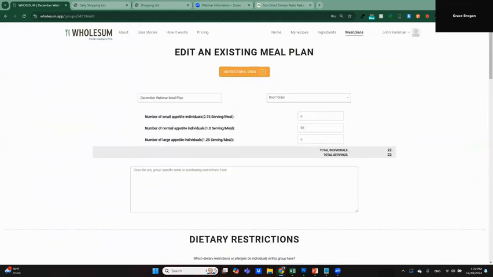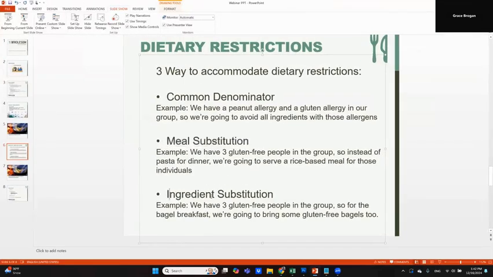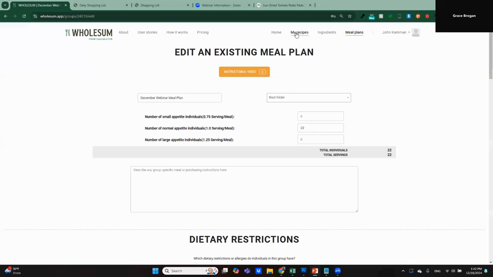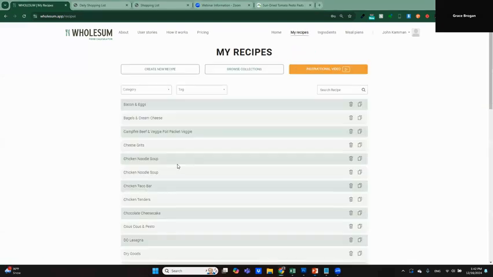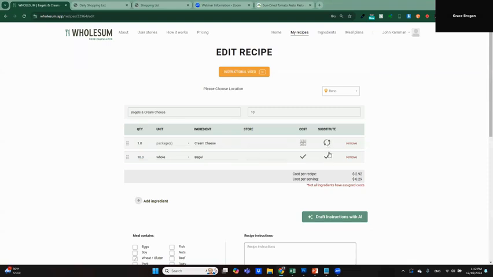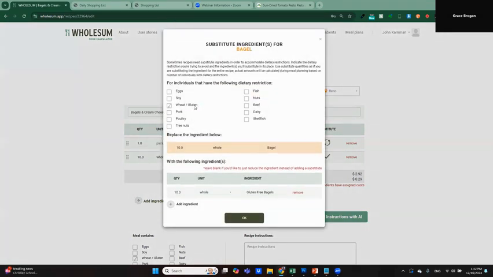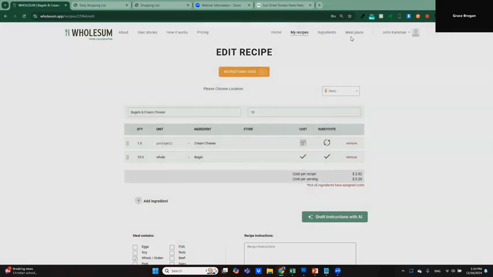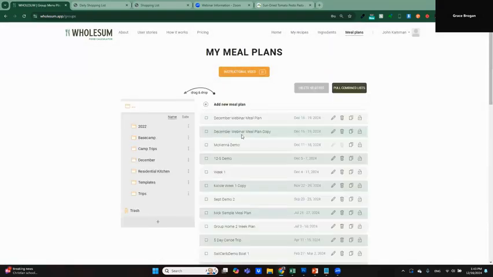The final option then is the substitute ingredients one, and this one I shared with you at the beginning as well. But just as a reminder, what this looks like is to come into the recipe and actually set up that substitution rule. And we can say, okay, if somebody doesn't do the following allergen, we're going to do a substitute ingredient instead. And that will show up then on the